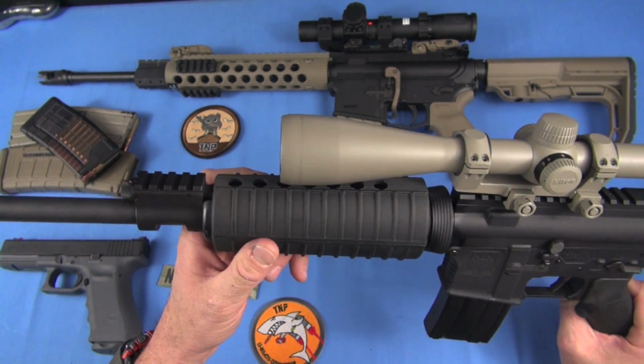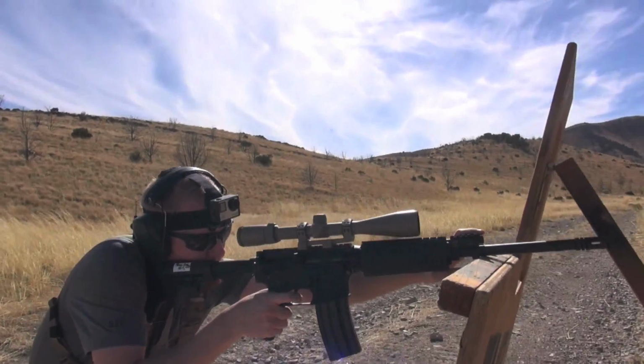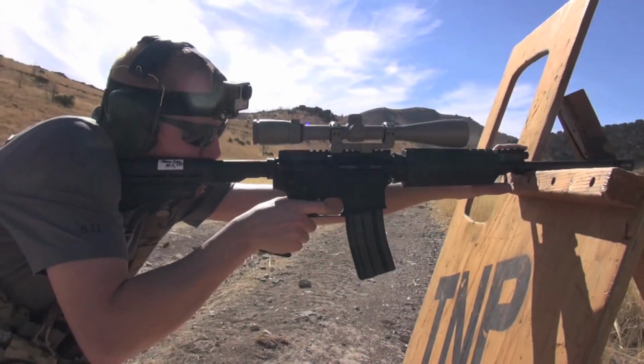Standard delta ring. We talked about the handguard. I hate these big oval handguards. I just hate them. I'd much rather have a small, slender one. Speaking of which, if you plan on retrofitting this with a standard AR handguard, and it will fit, you need